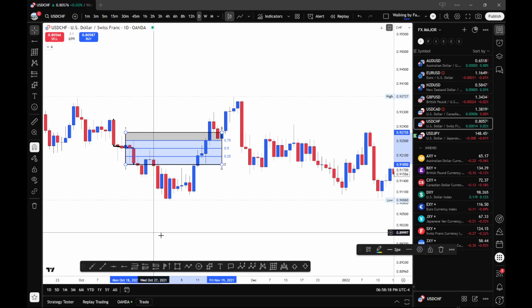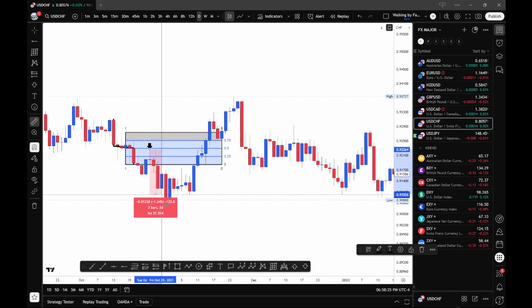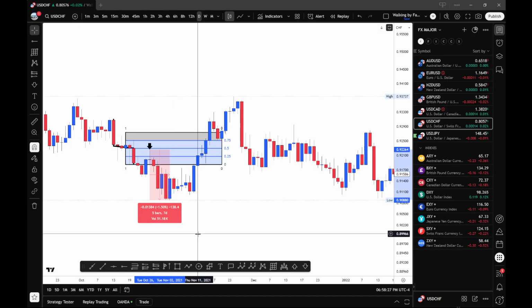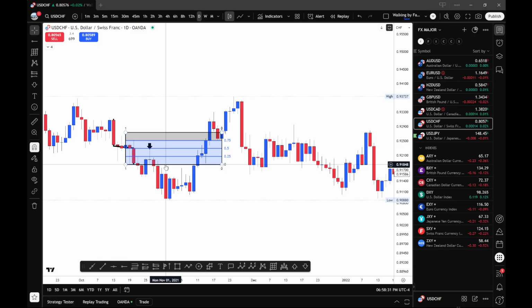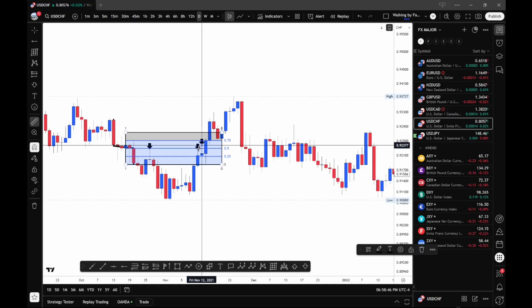So this is our zone. The market came back here and gave us an entry. How much did it drop? It dropped 138 pips. So that's the win right there. But let's say we didn't see that one. It didn't come into one of these. You know, we had this one and then this one. Between these two, the market actually dropped because we used that wick, and then this low right here